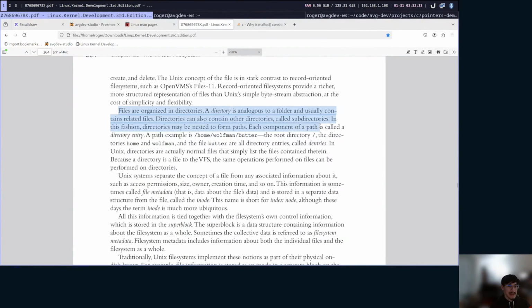Each component of a path is called a directory entry. A path example is /home/wolfman/butter. The root directory /, so this one here, the directories home and wolfman, okay, these here, and the file butter are all directory entries called D entries. So root directories, regular directories, and files are considered D entries. Okay, they're all called D entries, at least in this path. So when you break down a path, the file, the folder, and the root directory are all considered D entry